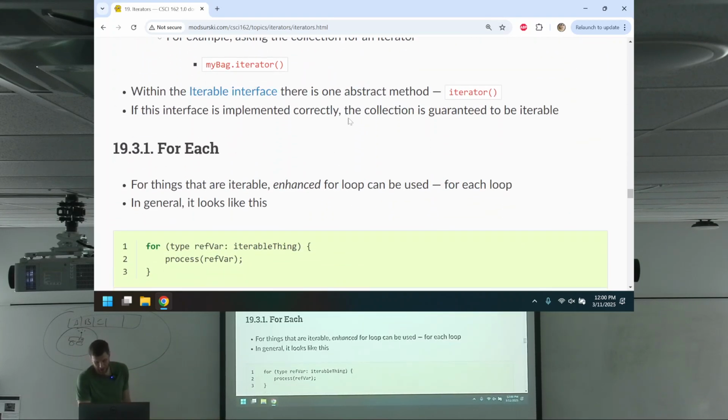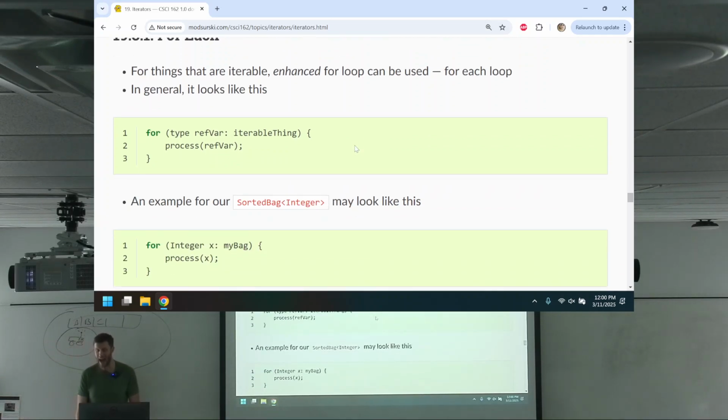So within the Iterable interface, there's one abstract method, iterator. We've got to implement it. If we implement it correctly, that tells Java that I guarantee I can get an iterator object for this collection, which is great. So if we have a class that is iterable, it allows us to use what we call enhanced for loops,